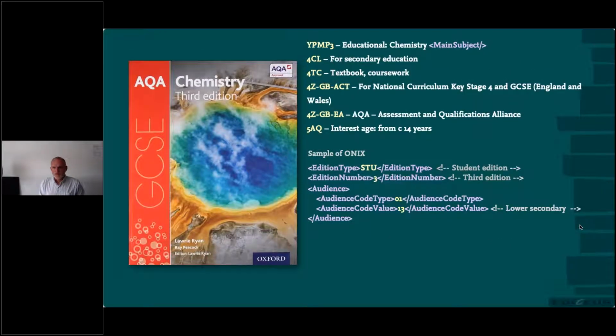A book aimed at a classroom. Again, this one, we have 1 YP code. That's all we need. It's a chemistry book for education. Don't need any other codes. But we've used 4 different